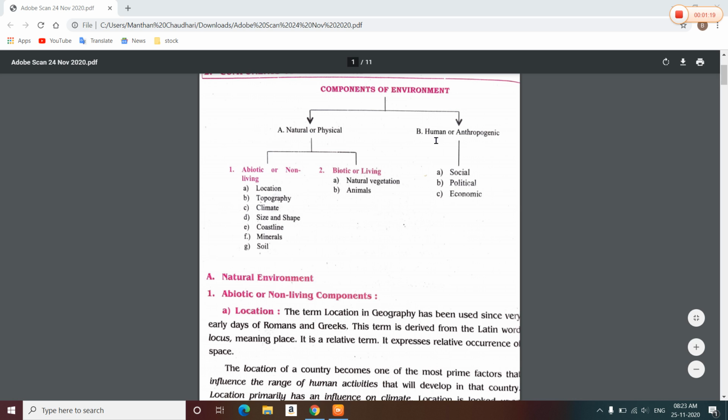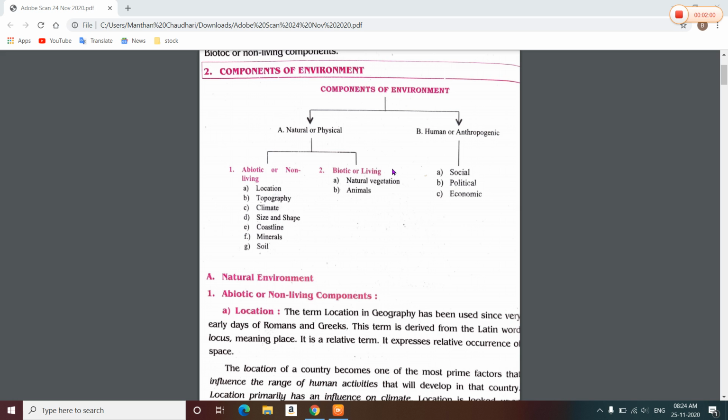Another component of environment is human or anthropogenic or cultural factors. It includes socio-economic factors, then political environment, science and technology, projects, buildings. So all these are man-made factors. Man-made factors are called what? Anthropogenic factors. These factors of environment interact with each other so that it will help to support life